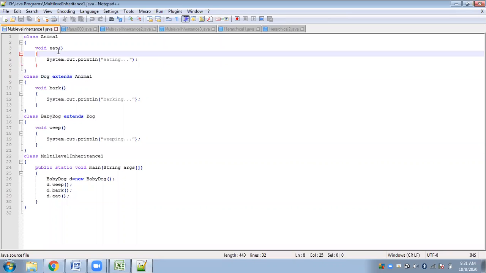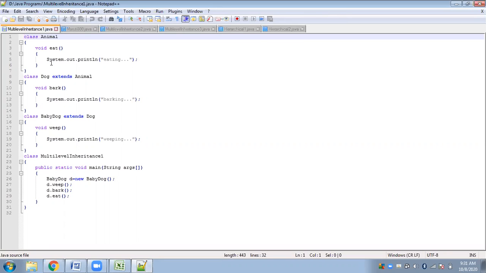Okay, starting with the first program. I hope the concepts of the access specifiers are clear to you now: public, private, protected, and default. I have also shown you the working of the protected access specifier in the last class's programs. Is it clear to all? Yes, ma'am. Okay. The more you practice, the more you will get your concepts clear. So you will also have to do your own bit of work. You cannot leave everything upon your faculty. So now let's start with the first program of multi-level inheritance.